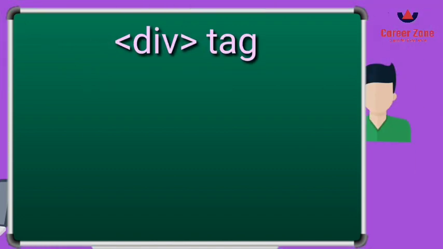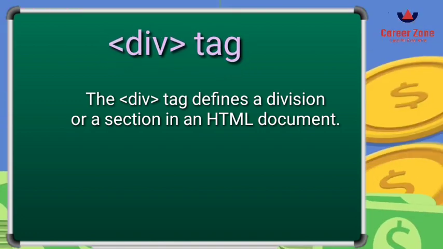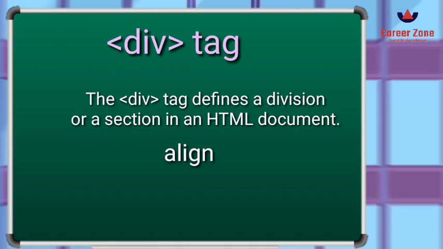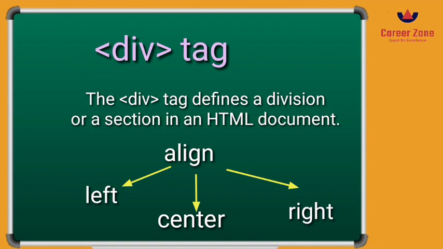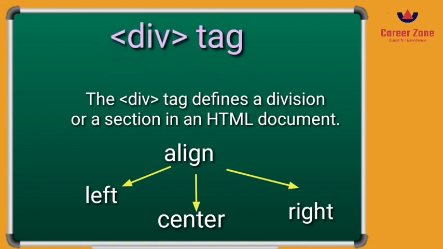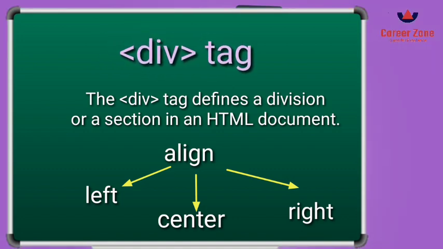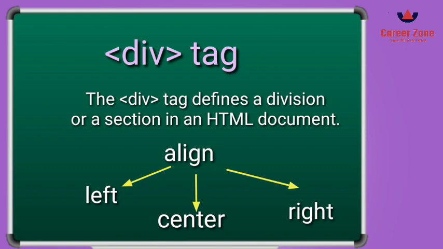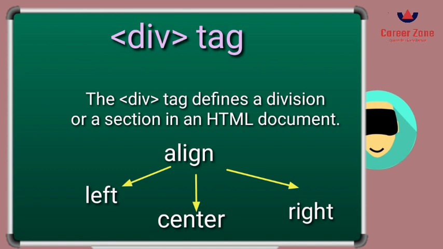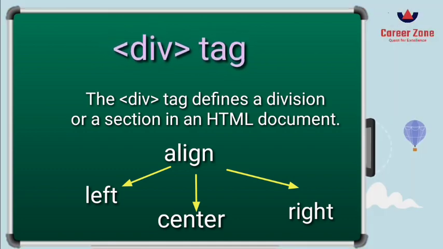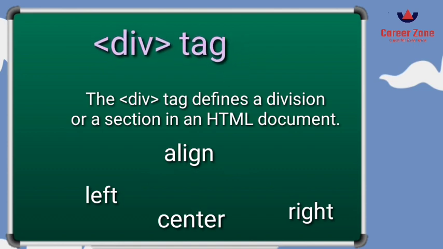Apart from these, there is a div tag, which is helpful for dividing the sections of the content of web pages. The div tag has one attribute, which is align. It has the values left, right and center. By default it is left aligned, so whenever you use the div tag and write the contents within it, you can align the section to left, right or center. You can align your paragraph to right or center.